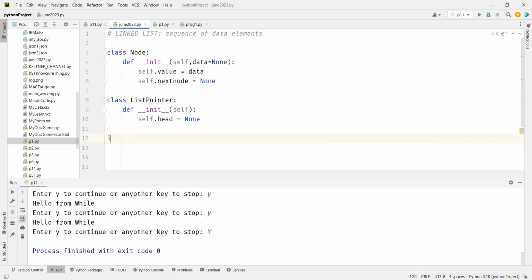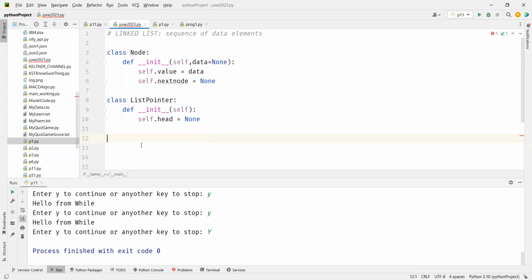So I'm going to say if name equal to main. Is this like a main function or something? So see, we are writing a main function, and every module will have a main function. Whatever you write from the beginning, it's a main function. Now, when you are using that file, let's say,